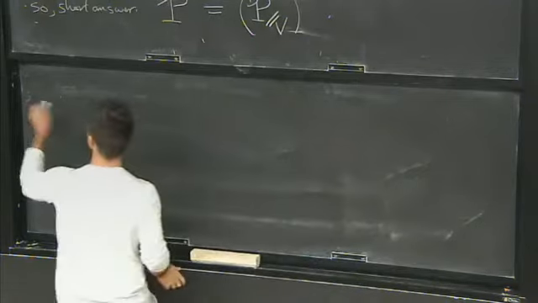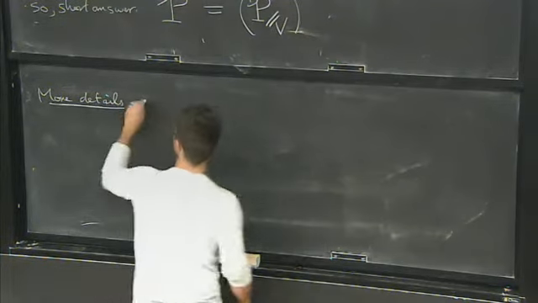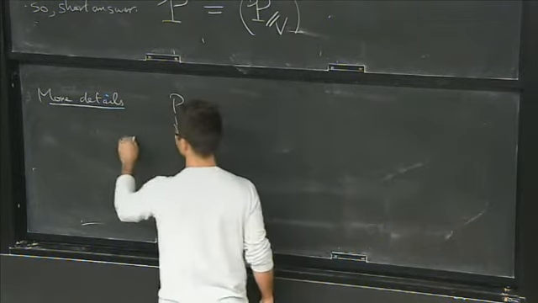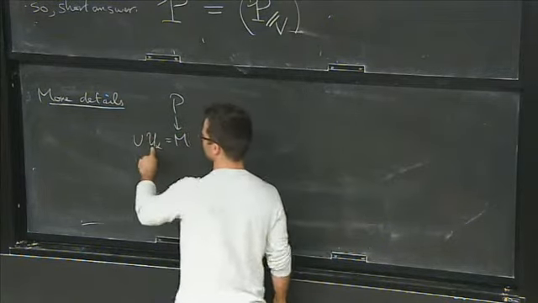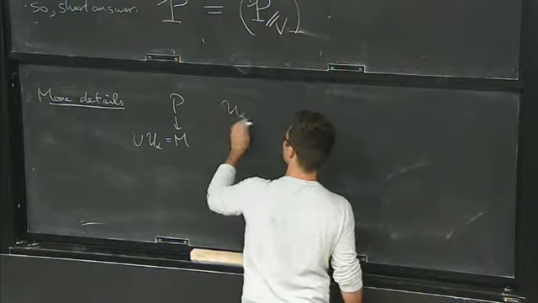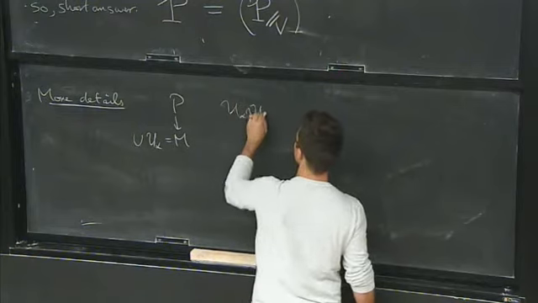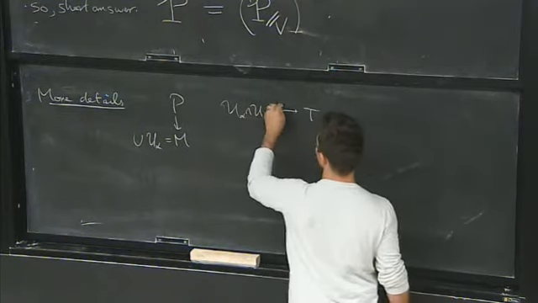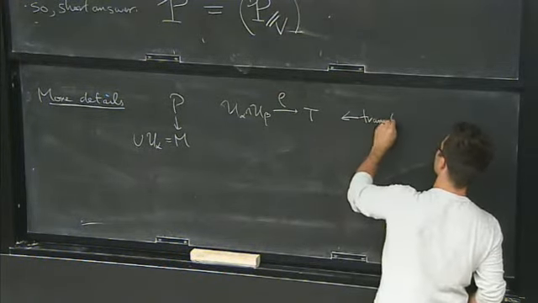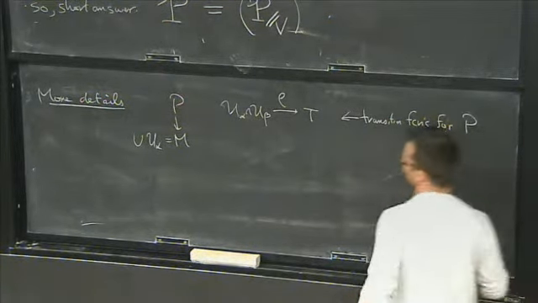OK, so more details. So we have P over M. And suppose we have some cover over which it's trivial. So you have some U alpha, and P restricted to U alpha is trivial. And you have transition functions phi. Suppose U alpha intersect U beta goes to T. And I'll just call this map rho. These are transition functions for P,